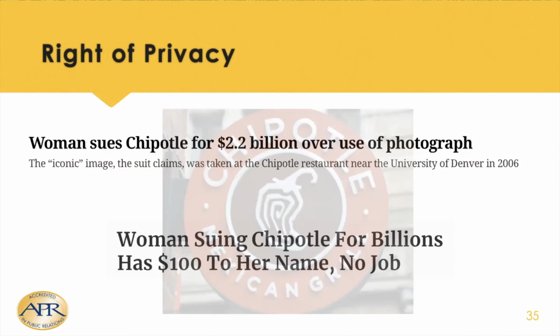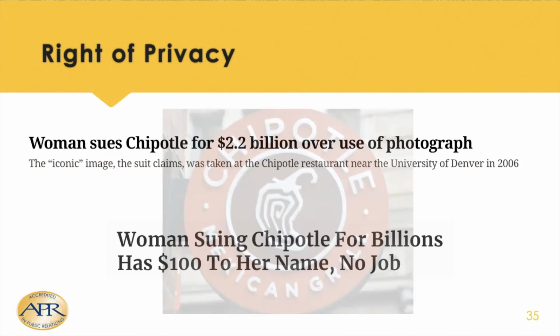And so it wasn't Chipotle that published the information. It was reporters who pulled it from the legal findings. All right. She ended up settling out of court with Chipotle for an undisclosed sum. But that's how, when you look at how privacy can come into play, this woman had every right to say Chipotle appropriated her image, and they used it to make money. They used it without her permission, and they made a lot of money off of it.